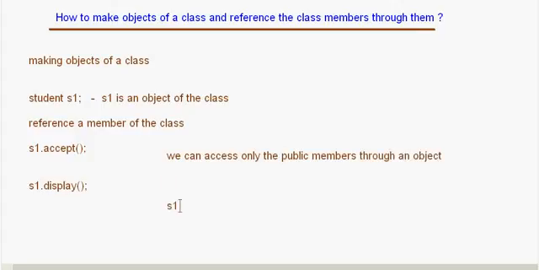So supposing I try to write something like this, S1 dot roll number is equal to 10, this is wrong, this is invalid, because roll number is private and it can't be accessed with the object. Okay, now